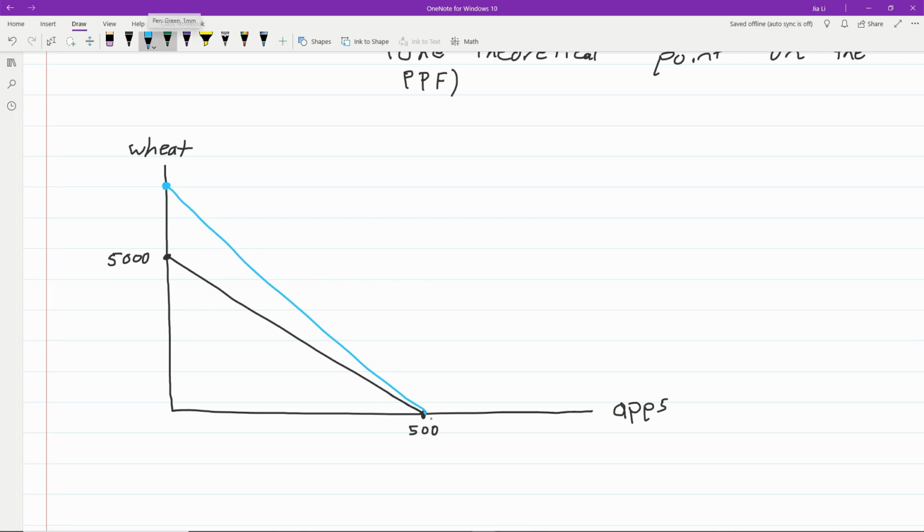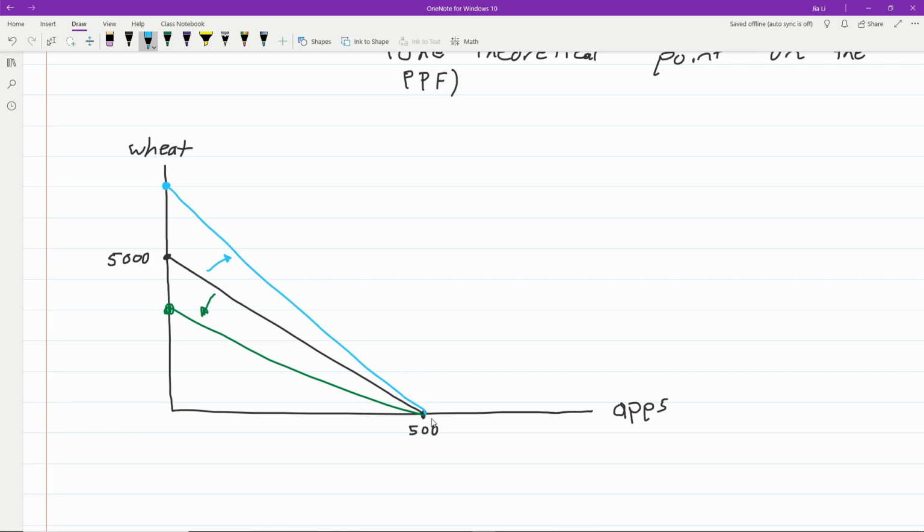Here, I'll do this in the green. Then the maximum amount of wheat that we can grow shrinks, right? So this green point here represents the new maximum amount of wheat that we can grow. But of course, that doesn't affect the amount of apps that we can develop. So it crosses still at the same point. So depending on what is happening, we can pivot the line in or outward here on the y-axis,